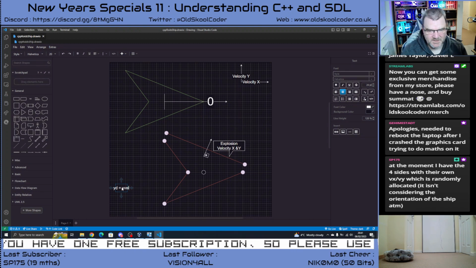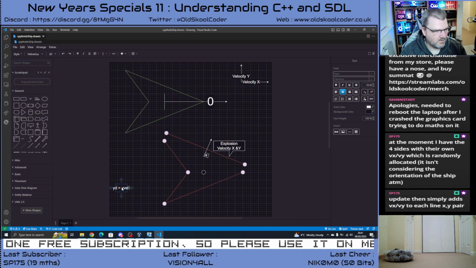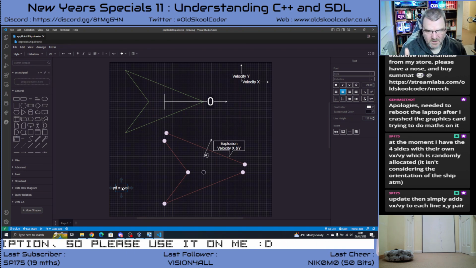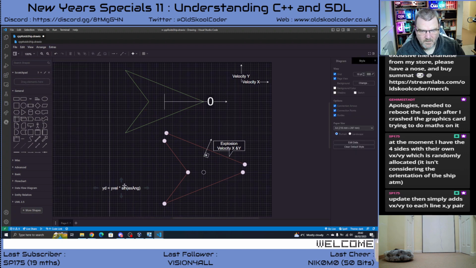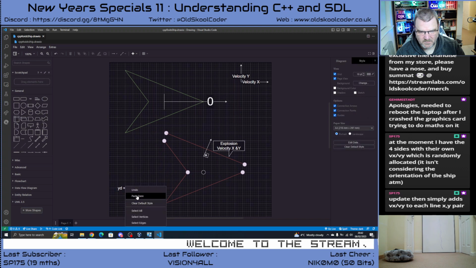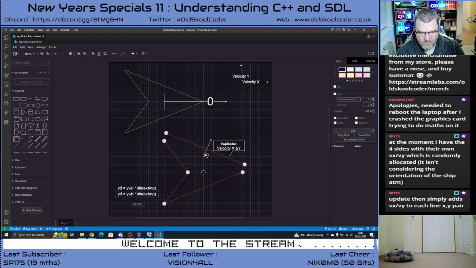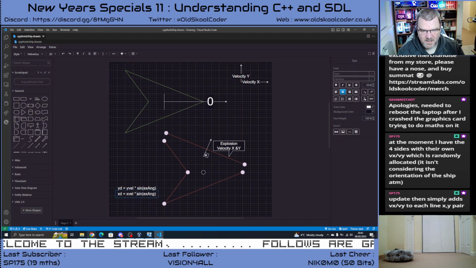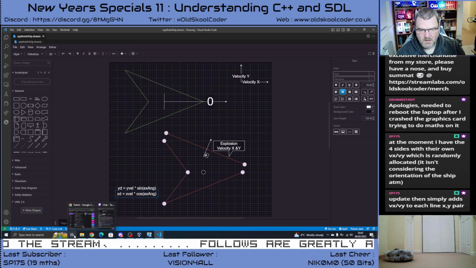Yes, I gathered that, SP. So we're just trying to do it in a simple matter before we get the thing, yeah? So y delta is the y velocity times by sine of the explosion angle. Right, let's just put that there. And we'll copy that. Put it underneath it. So the x delta is the x velocity cosine the explosion angle.